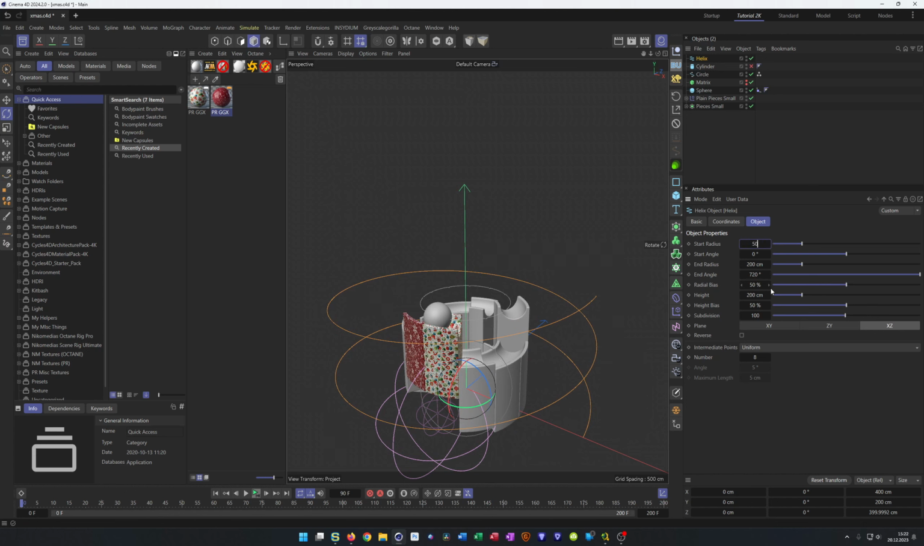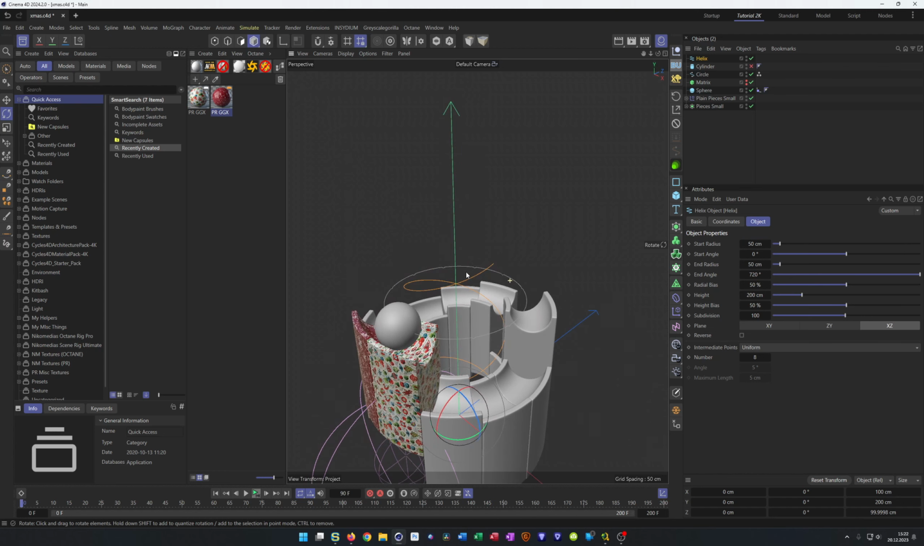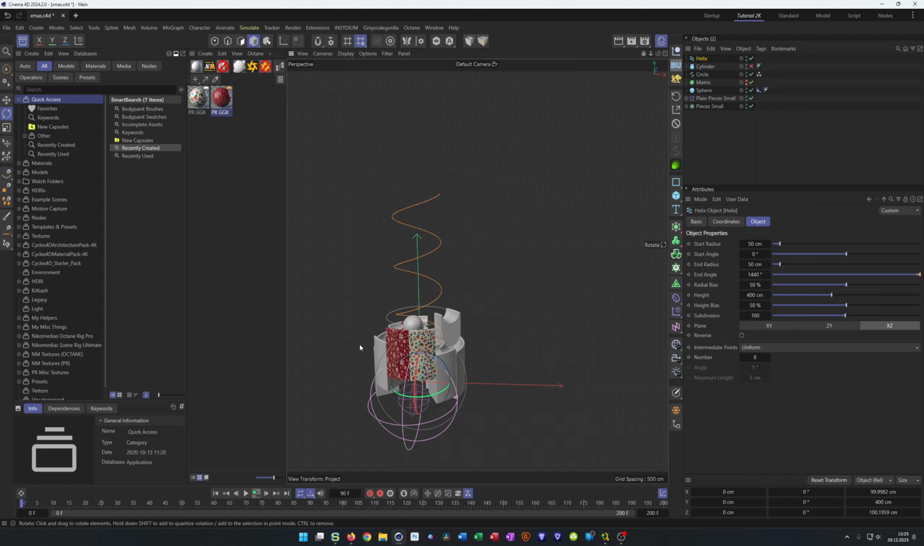But what else? Okay, we have this. We made it higher. Let's see, 400. Give it some more. Make this twice, times 2, I want. And now we make a sweep. So for the sweep, let's make